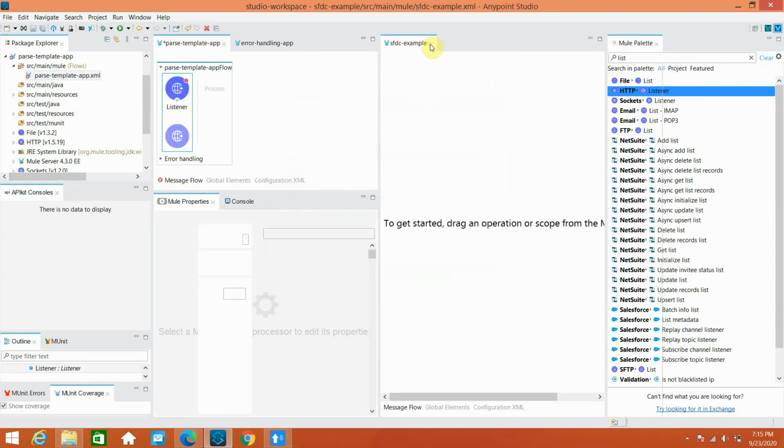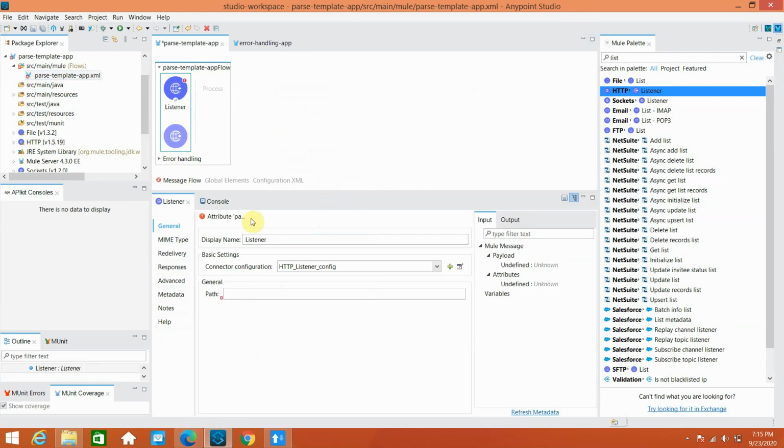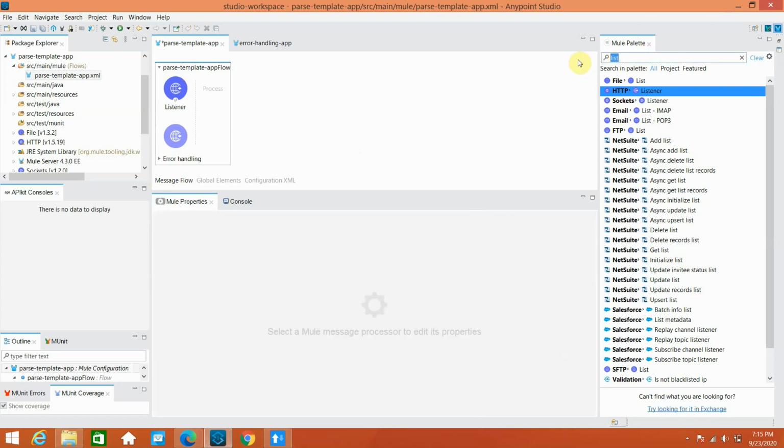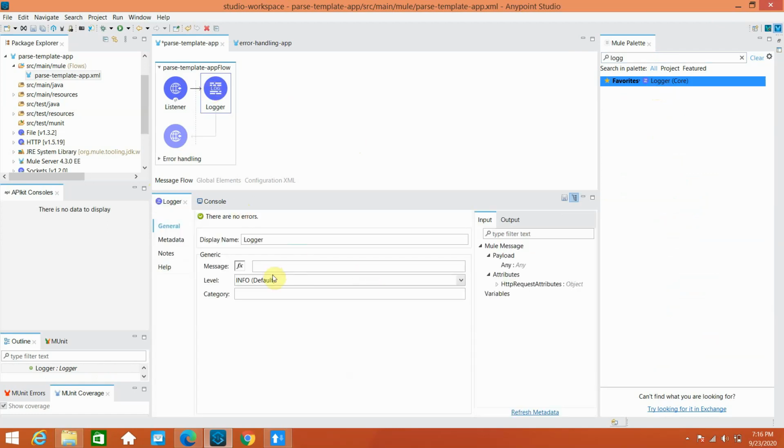Let me close everything. I will set the path as attachments, or attach, let's keep it simple. Now I want to see what message is coming, so I will log the message using an fx function.